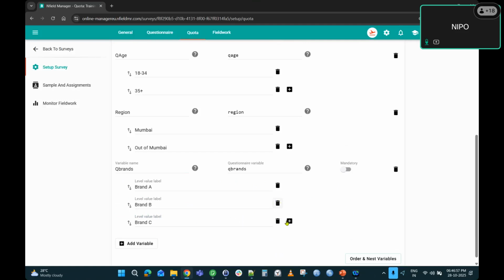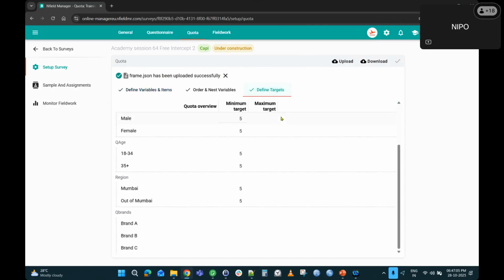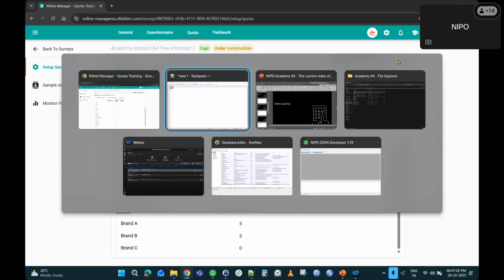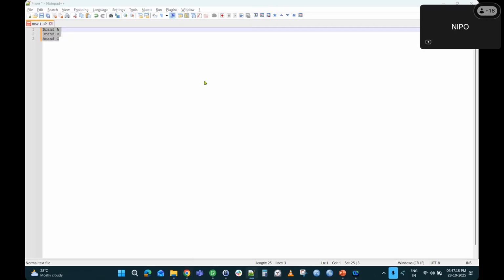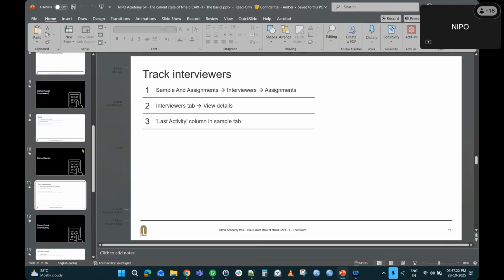I do not need to manually add quota levels. Okay, next,